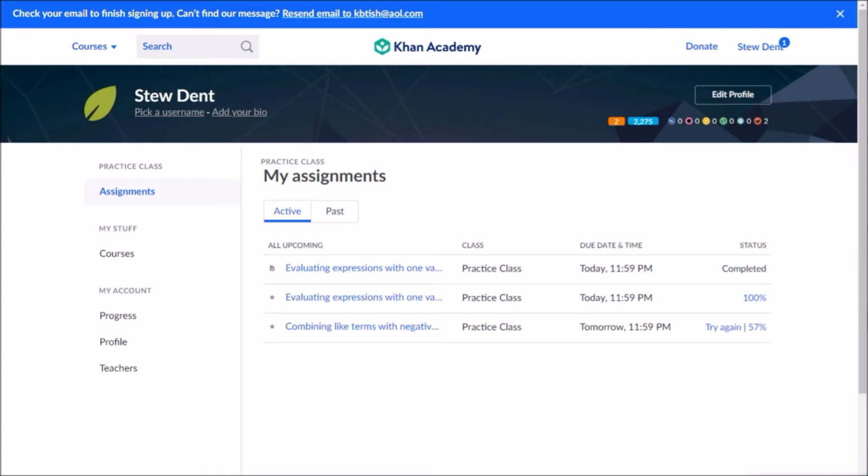Once you have logged into Khan Academy, this is probably the first page you're going to see. This is often referred to as your dashboard, I think, sometimes. But you should see your name in a couple places. In the top left corner, and then also in the top right corner. And then this is your assignments page. So this is where you should see any assignments that I or other teachers that are using Khan Academy have given you. If you're on a page that is not your assignments page and you want to get back here,